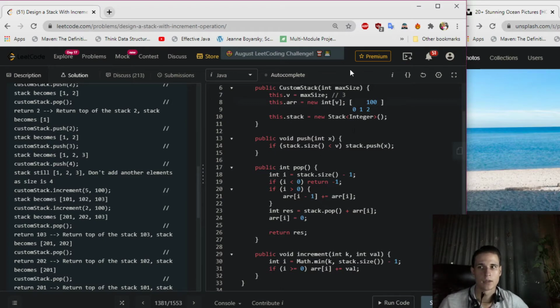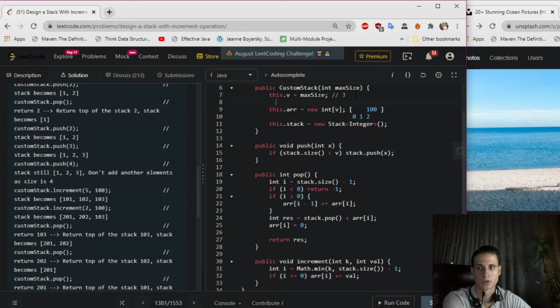You can think of it the way that every time you would be popping these elements from the top of the stack,